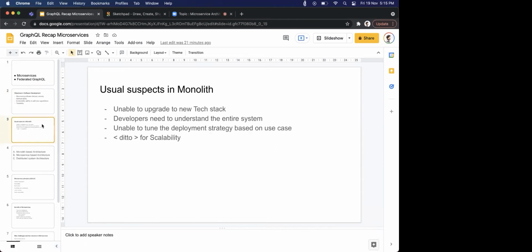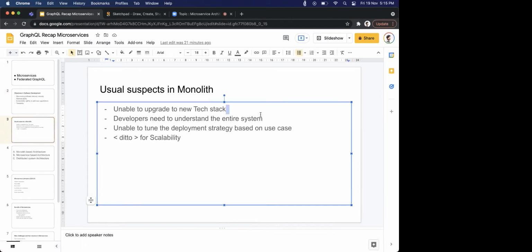And also, you must be able to understand these usual suspects in the normal monolithic architecture. When you have written the entire code in one particular application, like one microservice itself, one general problem people face is that they won't be able to upgrade to a new tech stack at any point in time, because they'll have to rewrite everything, and only then will they be able to switch to a new tech stack. And another thing is, whenever you are onboarding a new developer, in order to assign a task to him, you have to